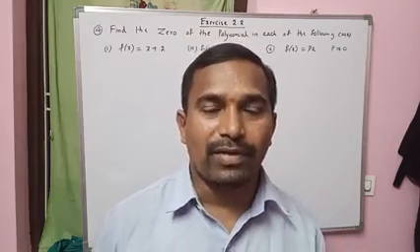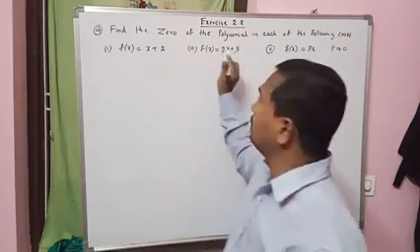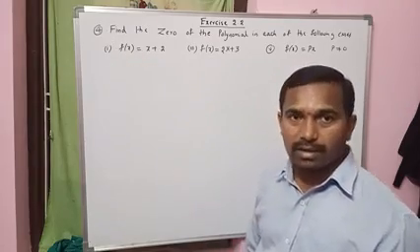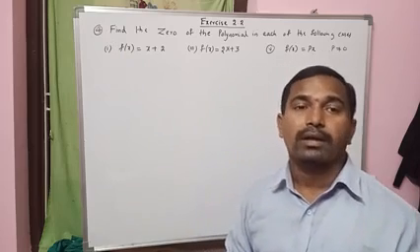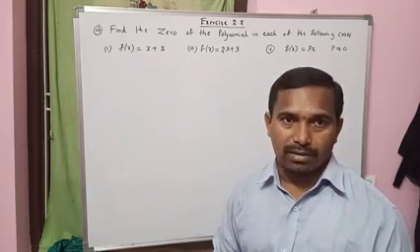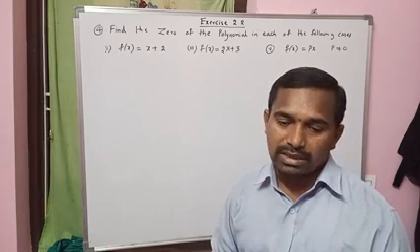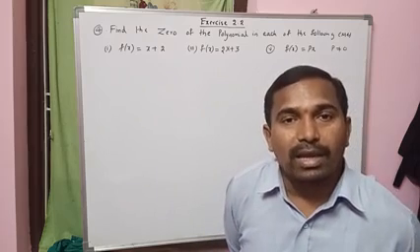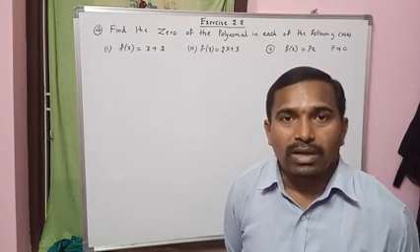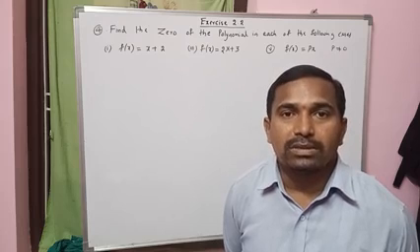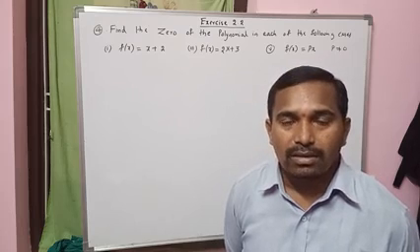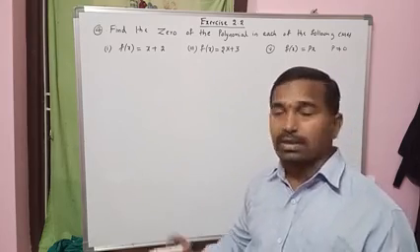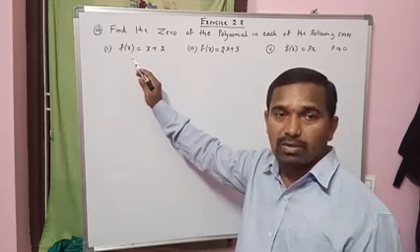Students, today let us find exercise 2.2, fourth one. In the last class we discussed how to find zeros of a polynomial, and we discussed whether a given x value is a zero of a given polynomial or not. We checked it out. Now let us see how to find zeros of the given polynomial. Zero means for what value of x the given polynomial becomes 0.